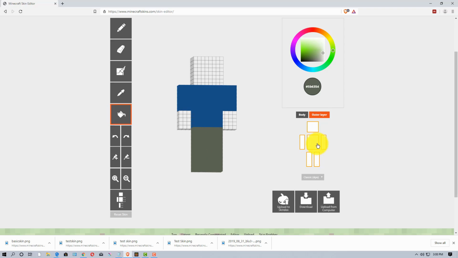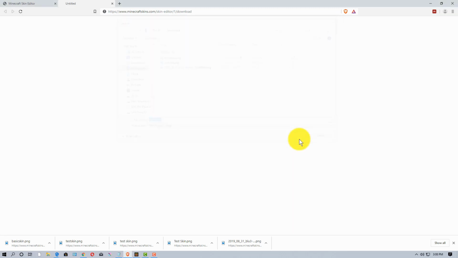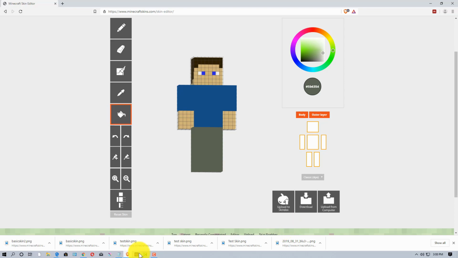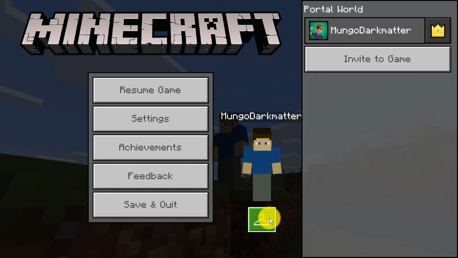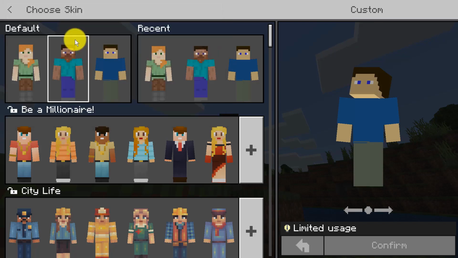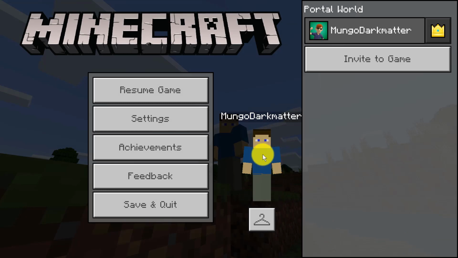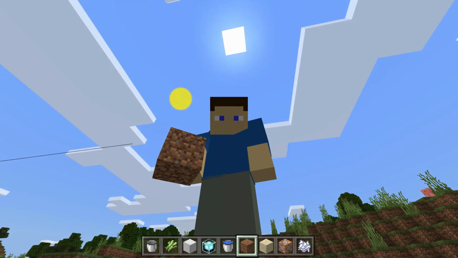So we can turn that back on, we can turn on the body, and then we can download again. And we can put Basic Skin 2. Save that. And if we go back to Minecraft, we'll go back in here. And we're going to choose a new skin. It's going to be Basic 2. Select Classic, confirm it. You can see it's updated here already, just above the hanger. And if we go to resume game,